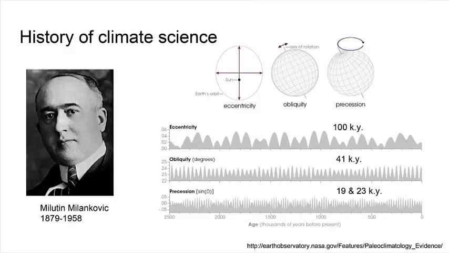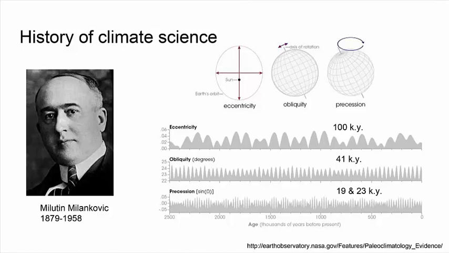And lastly, this man, Milutin Milankovitch, in the early 1900s, solved the mystery of the ice ages. The ice ages occur because the northern hemisphere receives a little more or less solar insolation during the summer season, and the reasons for this have to do with Earth's eccentricity. If you think about how circular Earth's orbit is, because it's not a perfect circle, that eccentricity changes with a period of 100,000 years.